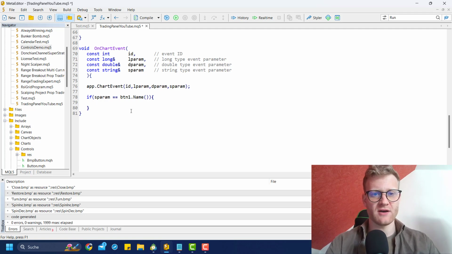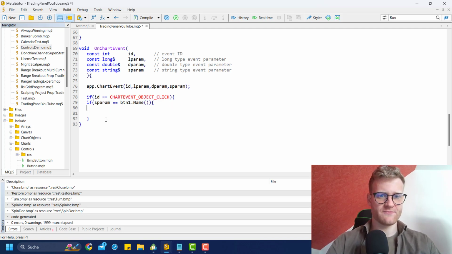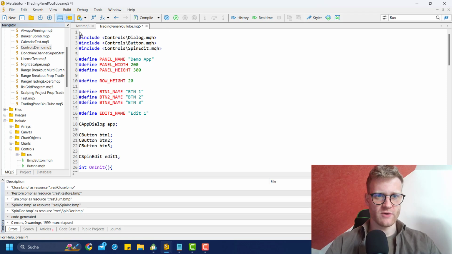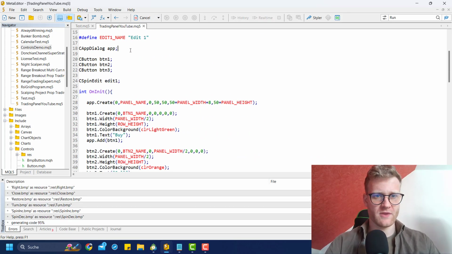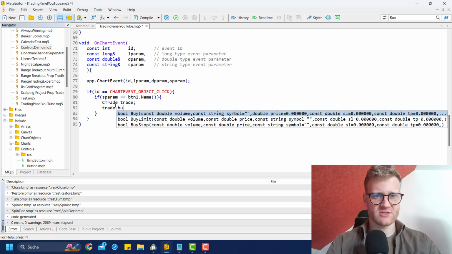And now we can say if, or we can also check if the ID is chart event object click. So if an object was clicked, in this case, we will check if it was the first button, then we will buy. And to buy or to do any trading action, we will have to include the trade.mqh file. So now let's create a CTrade object variable here, trade,